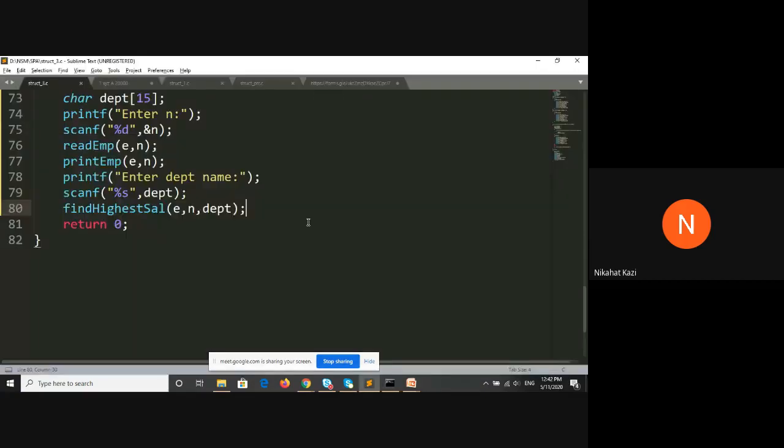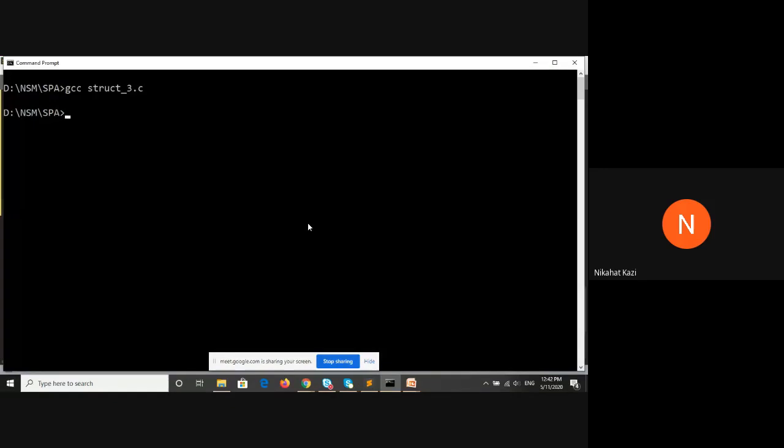The program has compiled, now I'll run it. It is asking for the number of employees. Suppose I say 5. Employee number 1, employee name ABC, department ABCD so it is easy. The department names can actually be entire names, but here I'm just taking single letters so that I can quickly show the simulation to you.